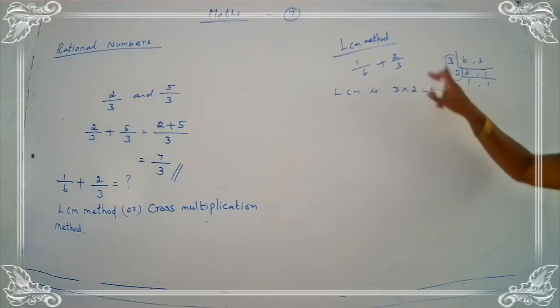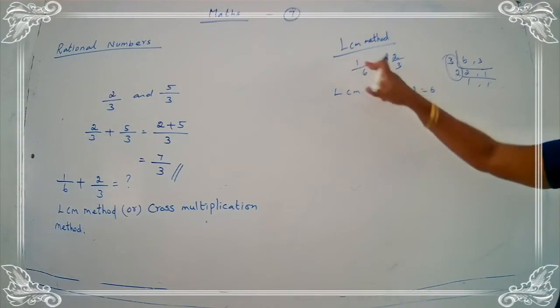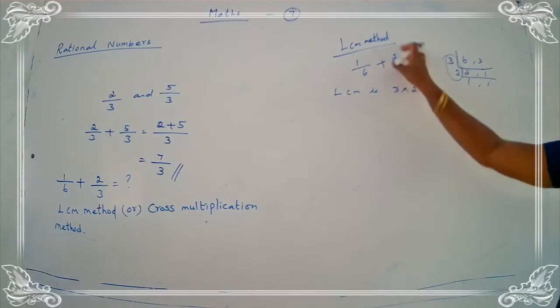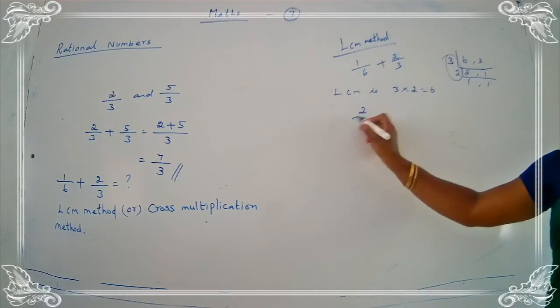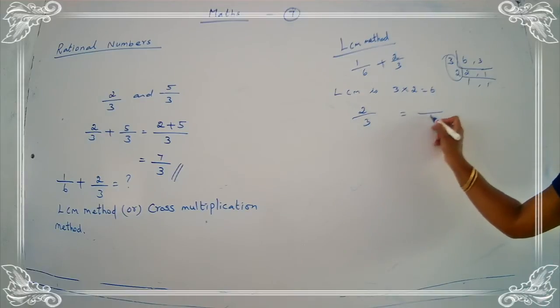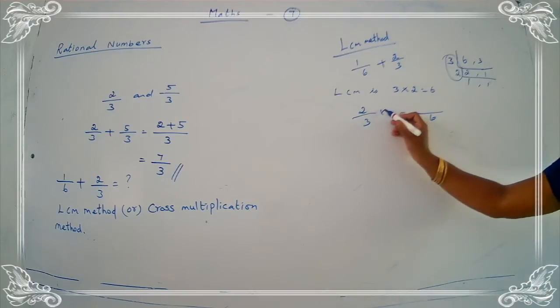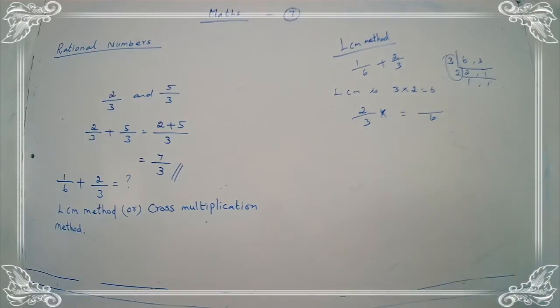Now you convert the denominators to equivalent fractions. Here 1 upon 6 already has the denominator 6 only, so you leave it. Your next fraction is 2 upon 3. Now your denominator needs to be 6. So you say now,